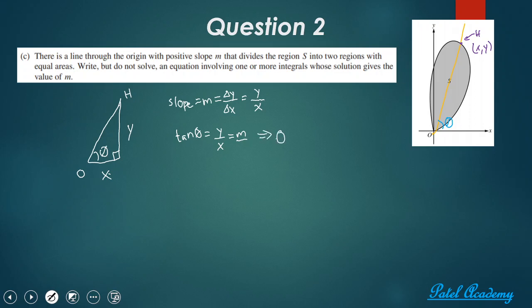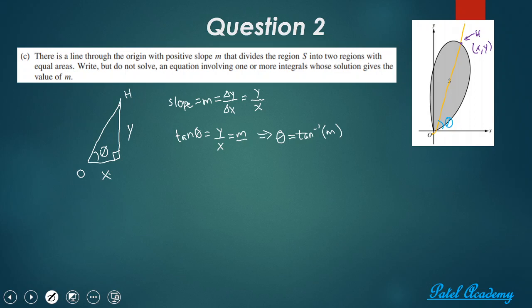And so what I get is that my theta is going to be the inverse tangent of m. So that theta value we've now solved for as being the inverse tangent of m. Okay, so now what do we know? Well, we already know that the two regions are going to have equal areas. And so